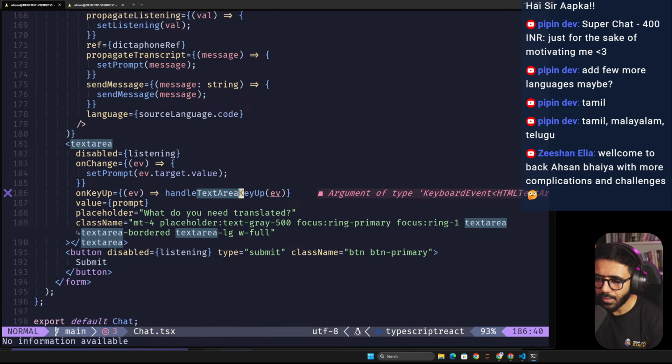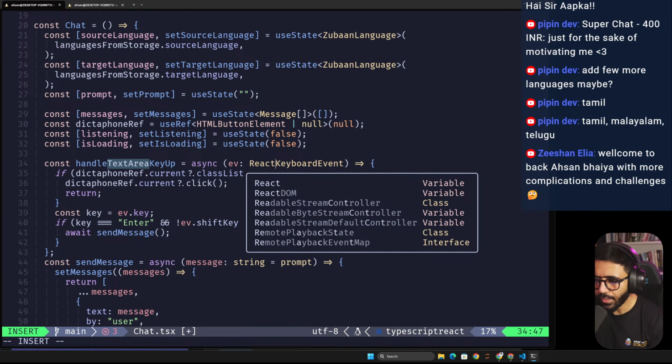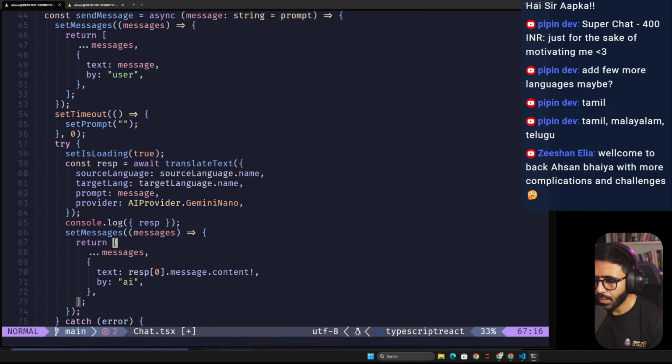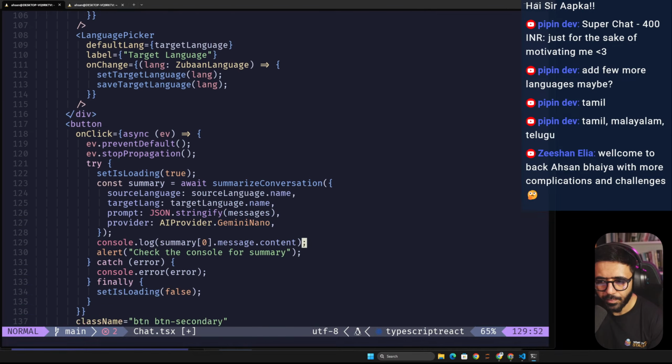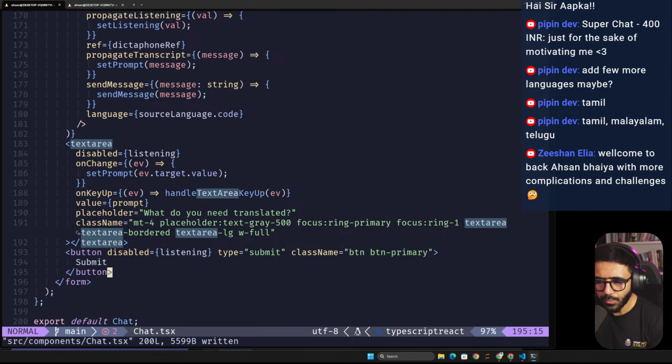Okay, then that makes sense. So then should it be react dot keyboard event instead? HTML text area element. Is everybody happy now? Yep, looks like it. So we save this guy,